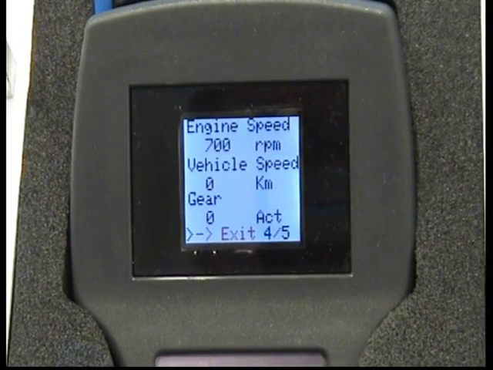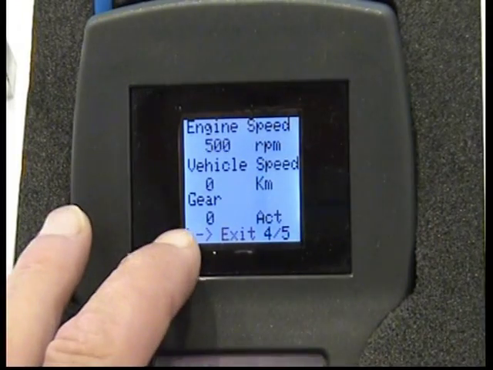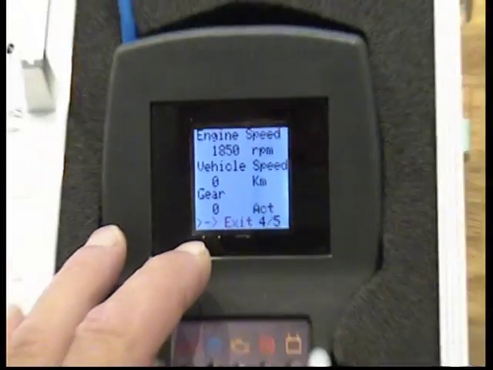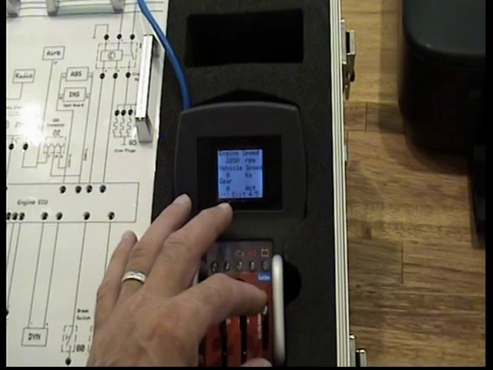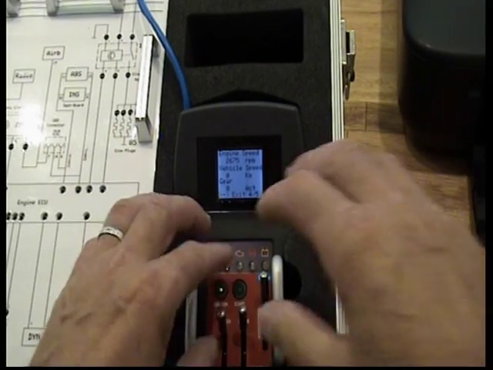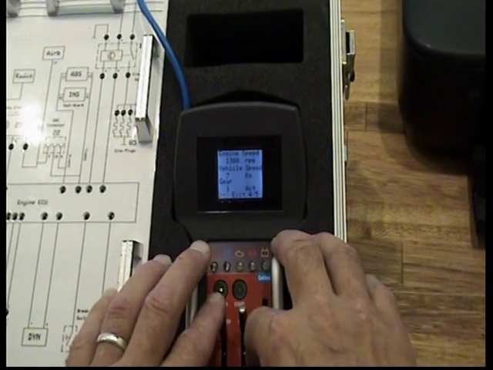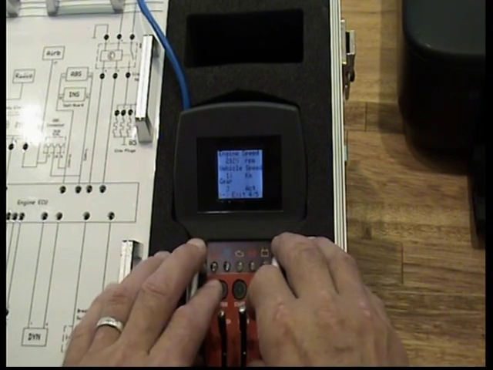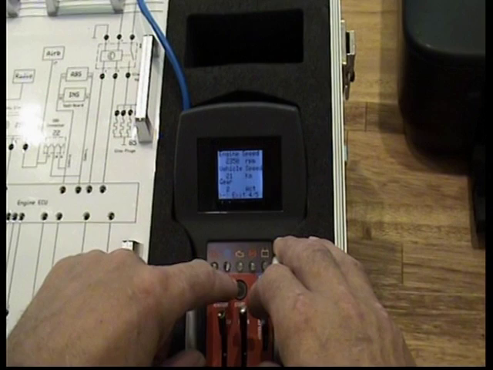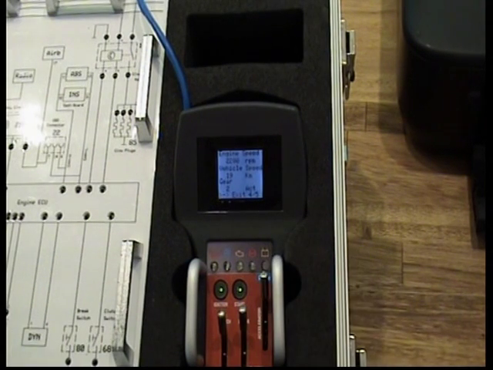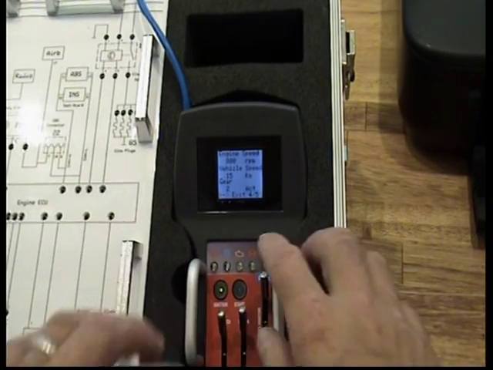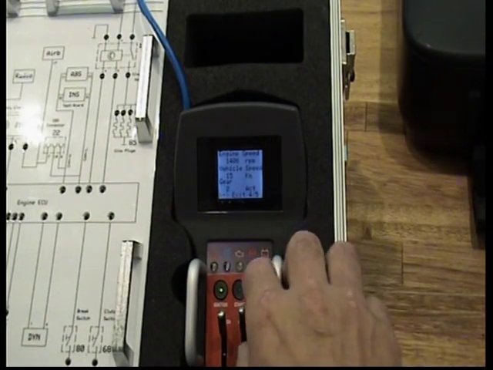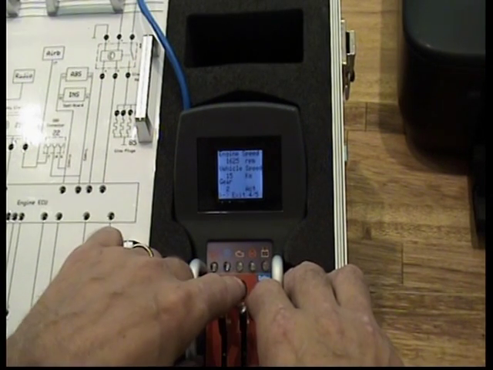Sometimes the engine is stalling, also with a higher RPM, or we go to a higher speed, cruise control switched on. You can hear the engine is sometimes stalling, so we go to